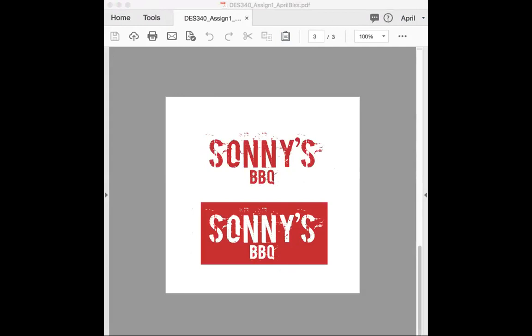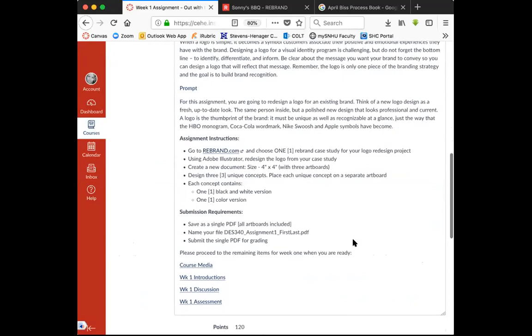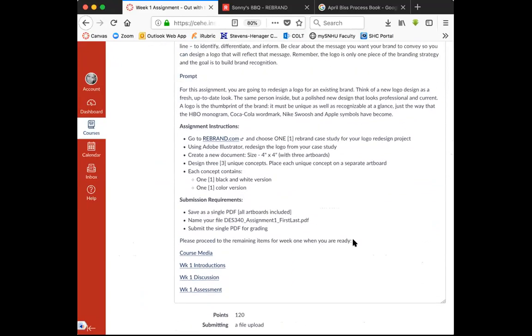Okay, and don't forget, we talked about this yesterday because Thomas had shown us a video about different effects that you can place upon your type. So you might want to check out some of those tutorials on how to do that, and just experiment with it if you think it works for the brand that you're going to rebrand.